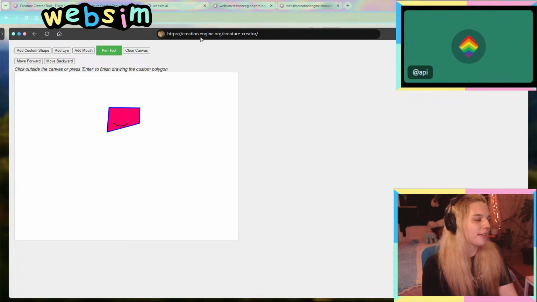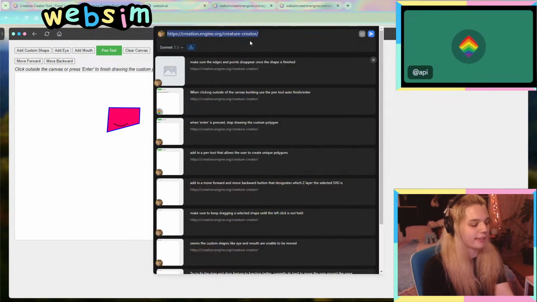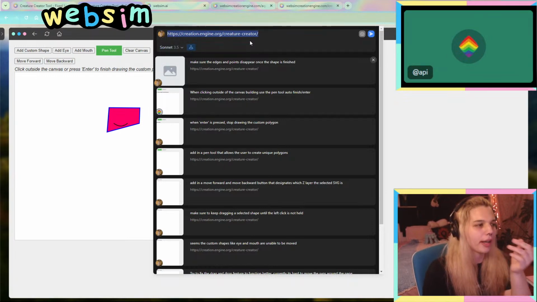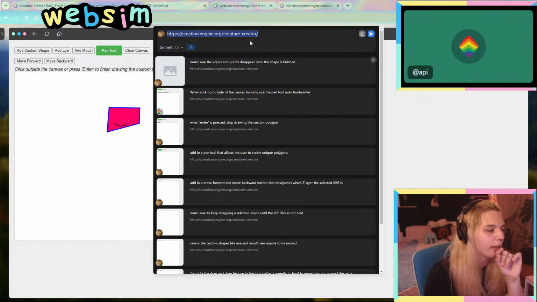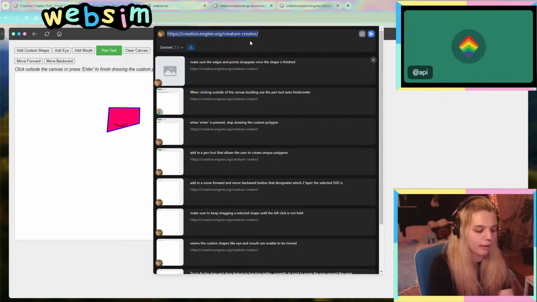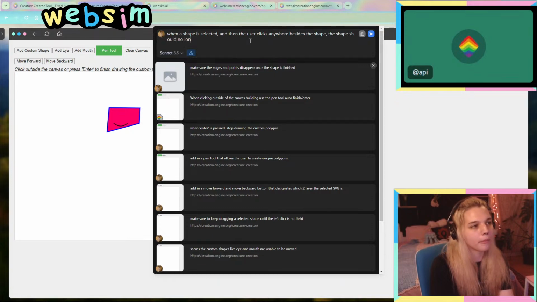Yeah, let's say whip your hair back. Oh yeah, I need to add in the delete button. That's a good one to add now, yeah. Also, I want to add in that when you click off of a shape, it should no longer select that shape. And then I'm going to say let's also add in a merge button